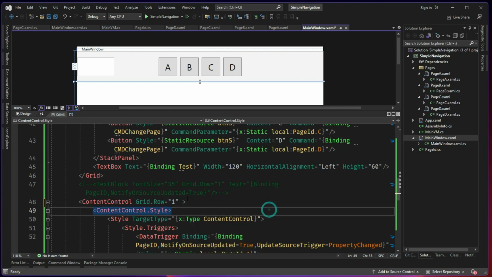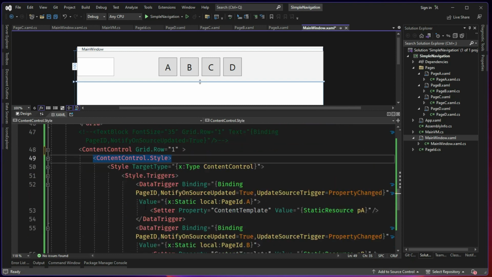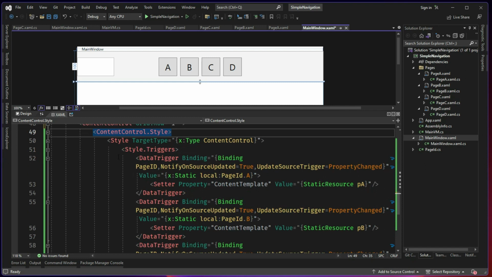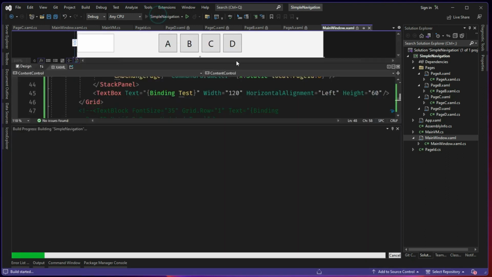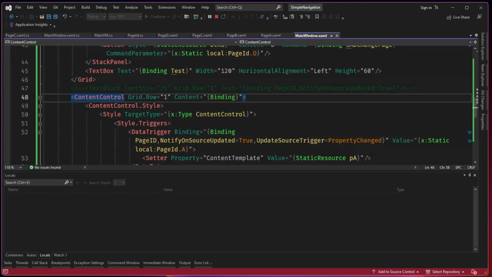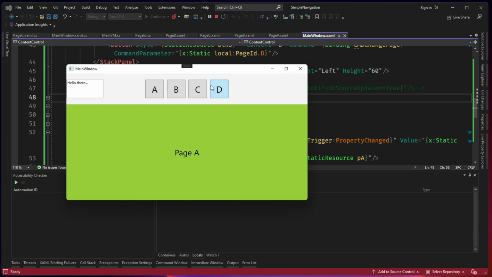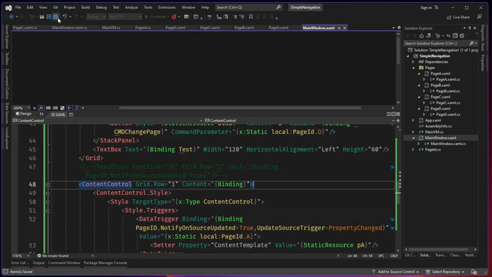You need to bind your content. So anyhow you already said this is your content using the style, but you have only defined the template of the content control, but the data context you still need to bind. So you need to call content is equal to binding. Only when you bind your content, the data is also shared. Let's see. Okay, now we have hello there. You know what? Okay, it's not working. The reason is